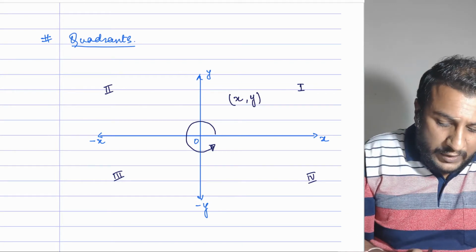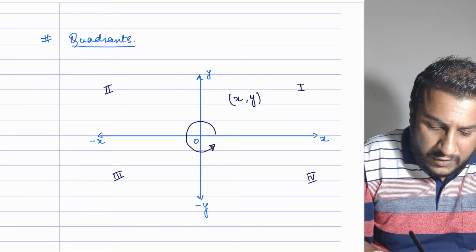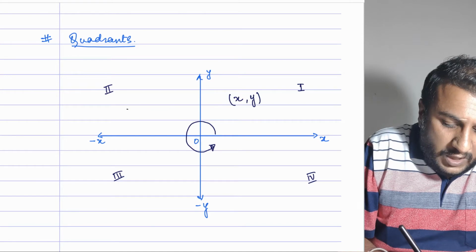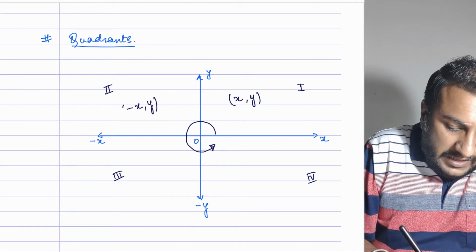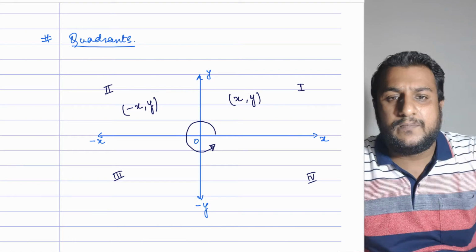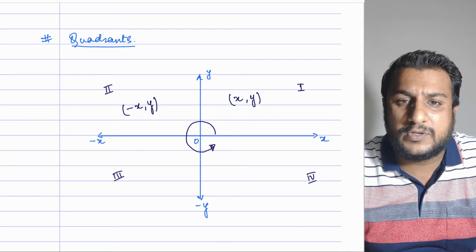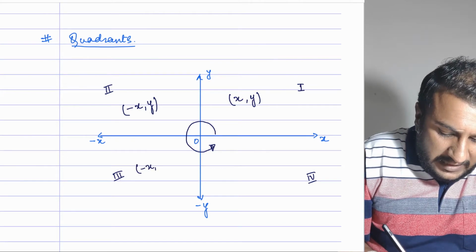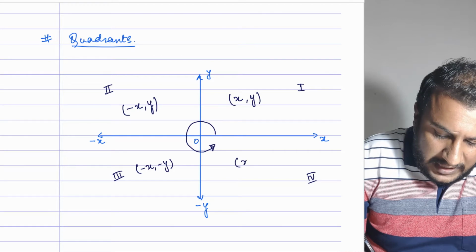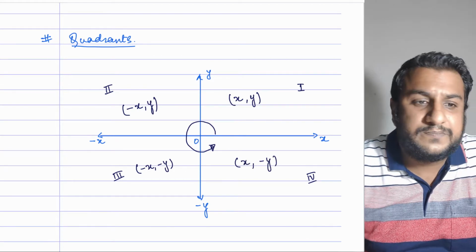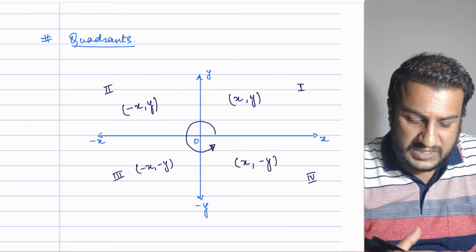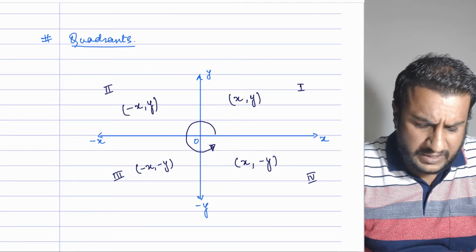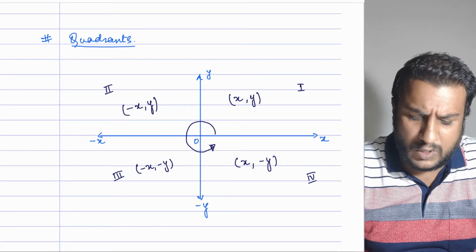In the second quadrant, this is on the left side of the origin, and on the left side your horizontal step is negative. So in this quadrant your ordered pair is negative x comma y, since we are above the horizontal line, above the origin, which means positive y. In the third quadrant both of them are negative, and in the fourth quadrant x is positive and y is negative. Clear? So this is how the quadrants are represented, and on the basis of this we can plot the points in the given quadrants.